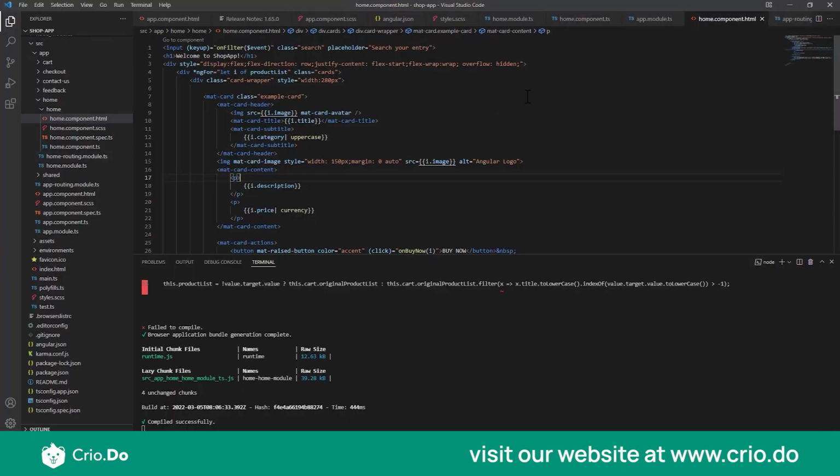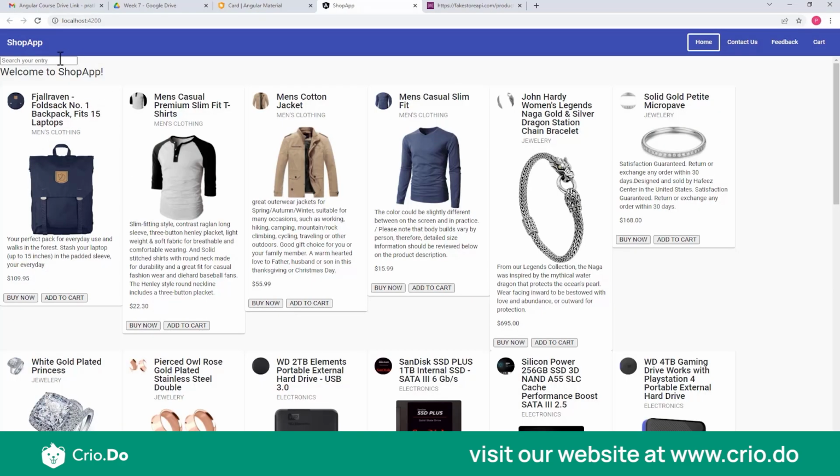So I'll come back to the homepage HTML and I will explain to you line by line. The first, as I said, is we have to have this search text over here. We have not styled it yet. We will be doing it soon. So for now, let's just understand what we have done so far. The first is this search over here. So what is the concept of search? If I type something over here, say maybe men's, okay, it should be able to filter that keyword from whatever products I have,